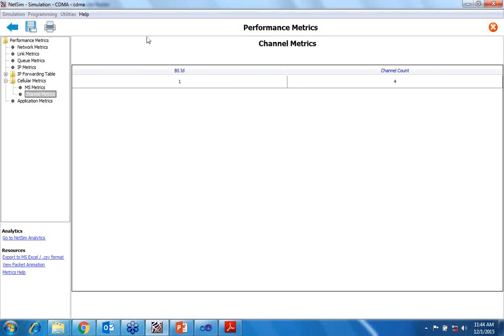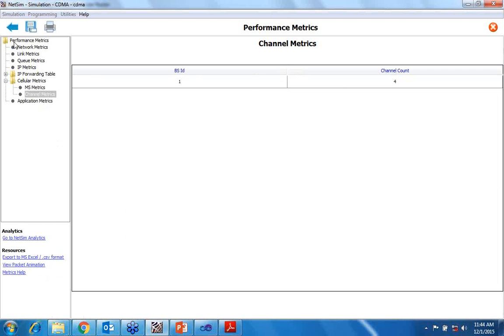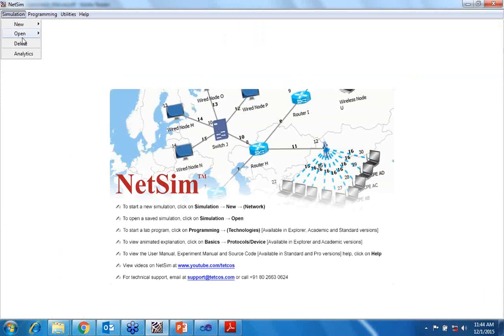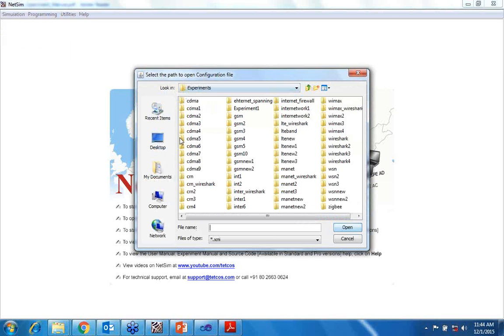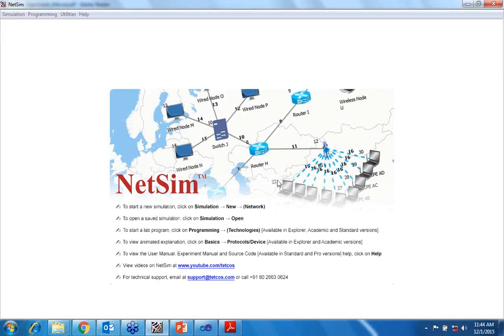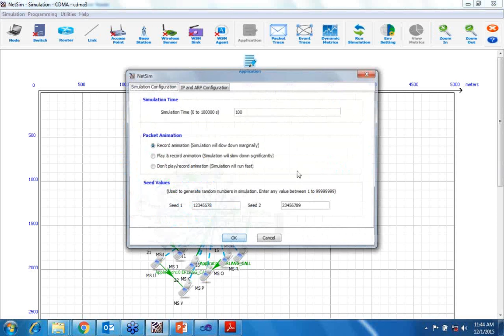Likewise, if we choose different, this one. So we just open one more and just show you the graph. Just choose this one where we have decreased up to some other level. And just run the simulation.